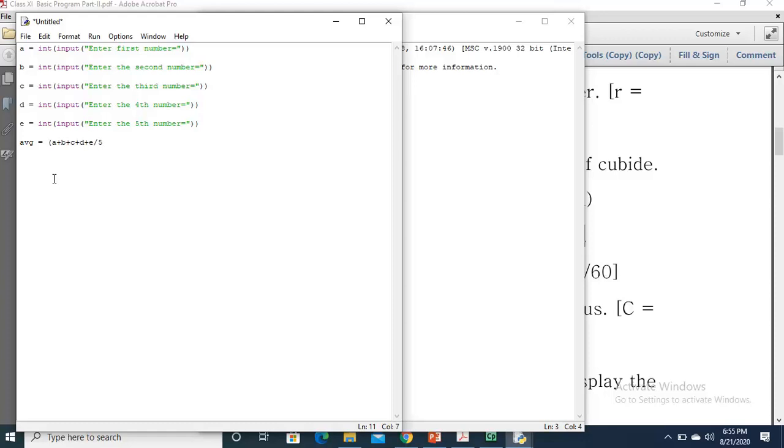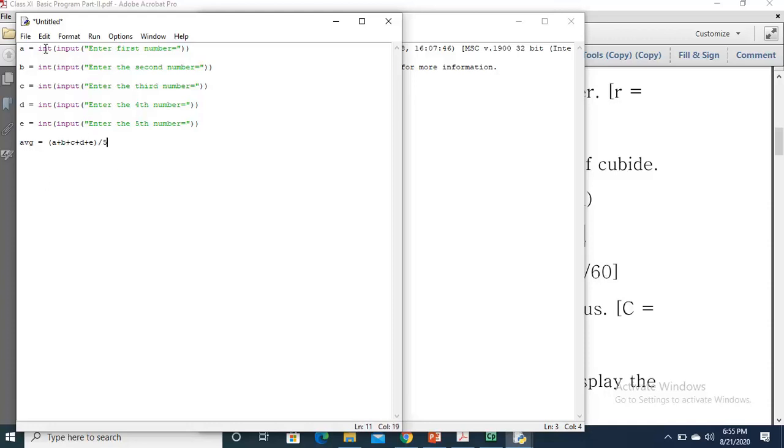One more thing I will do here, I will use a parenthesis. Here I am instructing the computer, or interpreter. Here I am using computer the first time, but next time I will use interpreter. Why I will use interpreter, I will explain in my next video lecture. Here I have summed these 5 variables and divided by 5. Now the average is calculated, and I have used a variable avg to store the result.